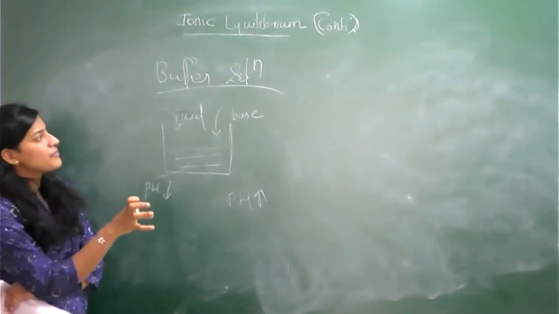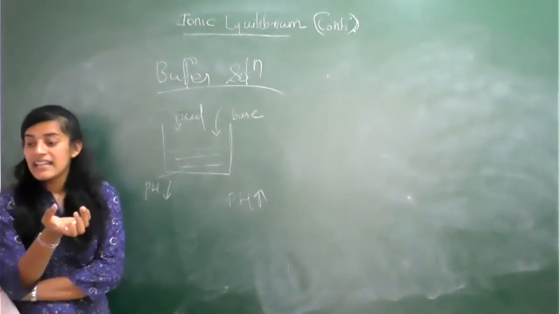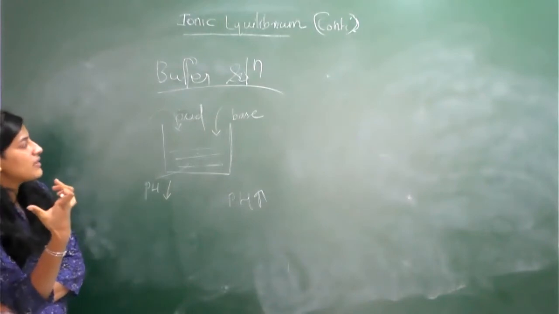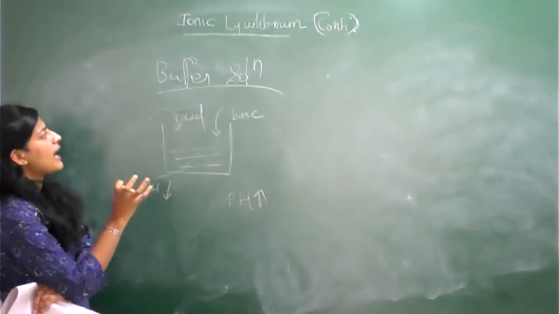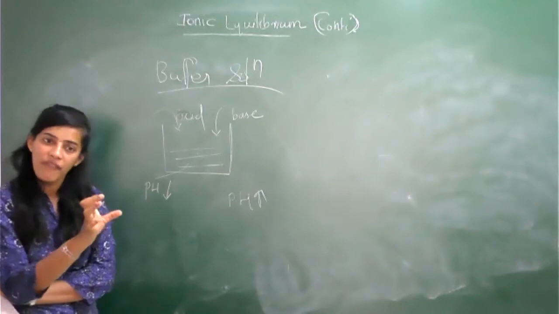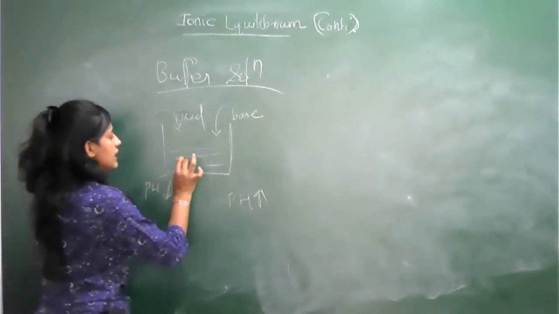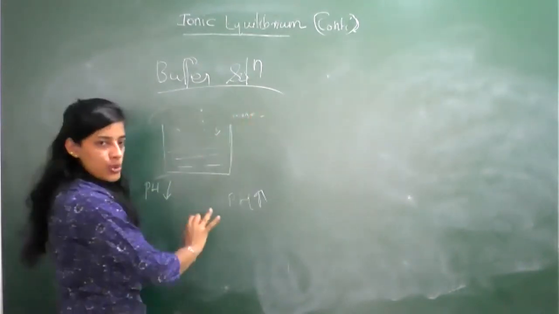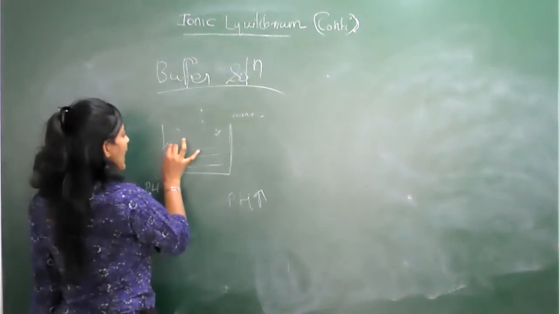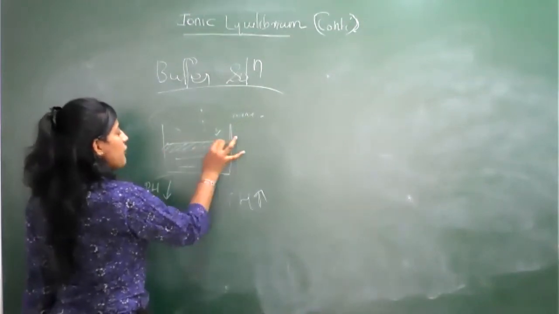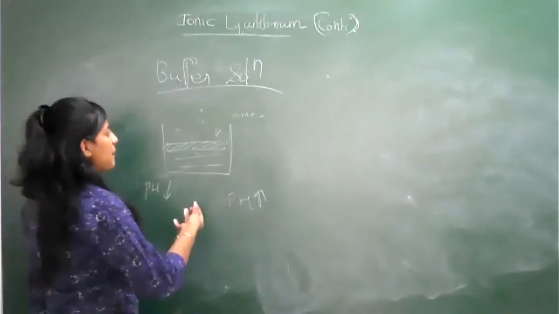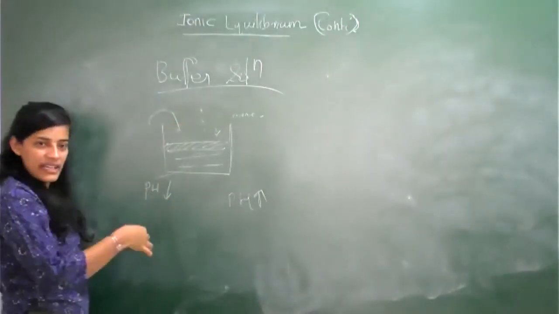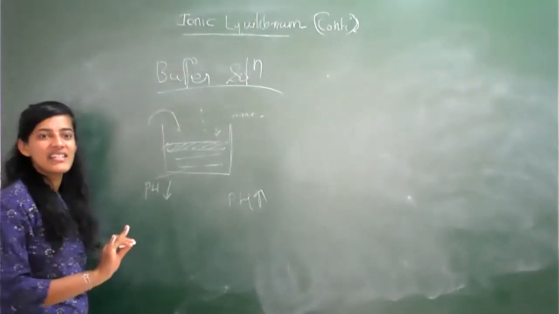So at that time, the scientists found out a kind of solution that is called a buffer solution. Suppose this is the experimental solution. We add a kind of solution that is called a buffer solution. Then suppose we add some acid or anything, it will never change its original pH.